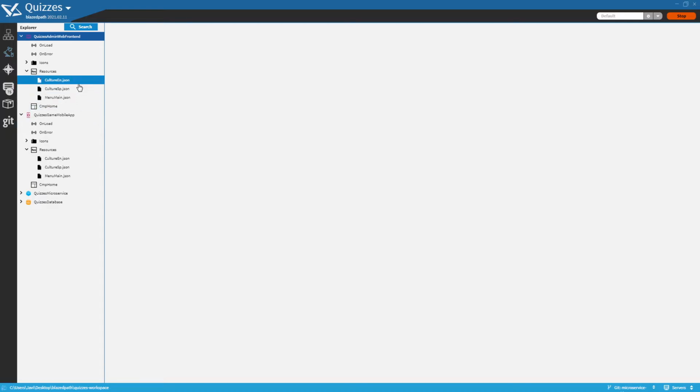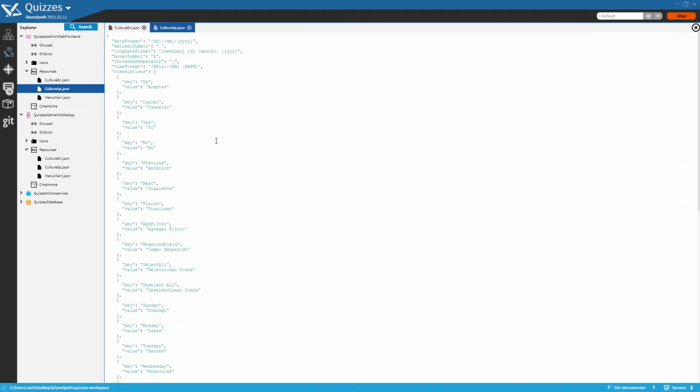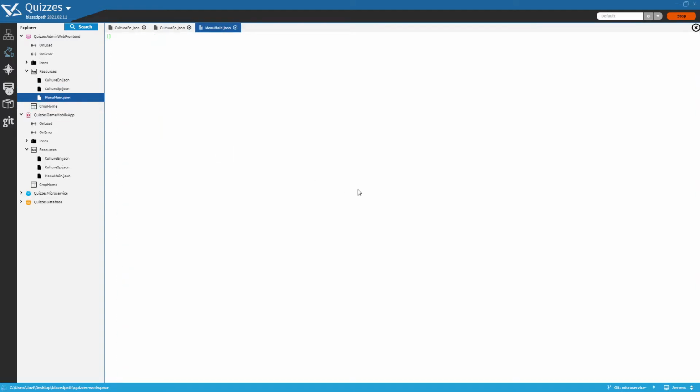By default, Blazedpath has created 3 resources archives in the frontend. We can see 2 archives related to application internationalization, the culture EN and culture SP for English and Spanish. These archives have different date formats, symbols to represent decimals, monetary symbols, thousands separator symbols, and text translations. These translations are based on key value pairs, in which the key is a text string in between double brackets